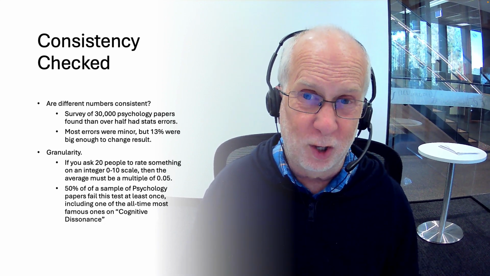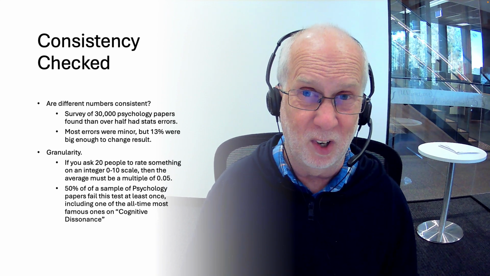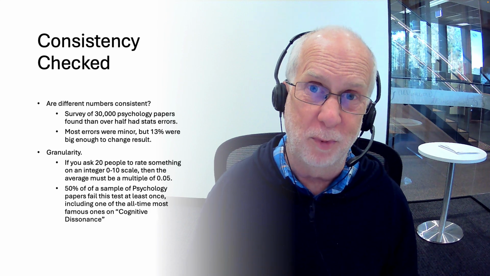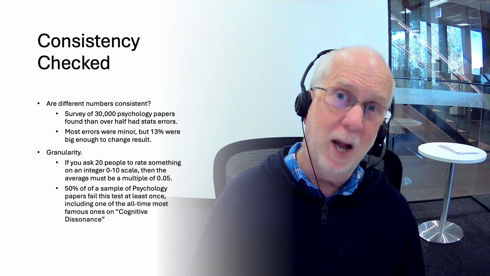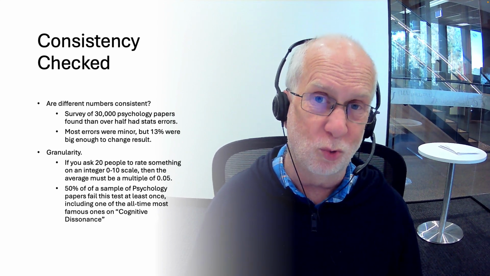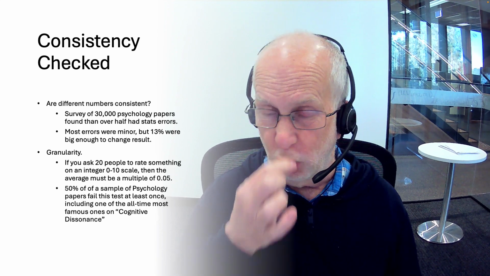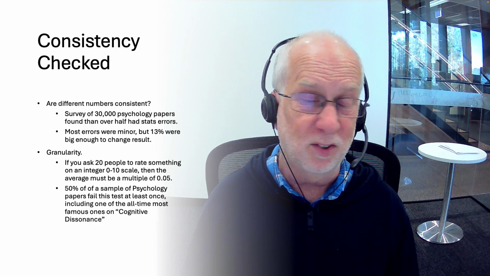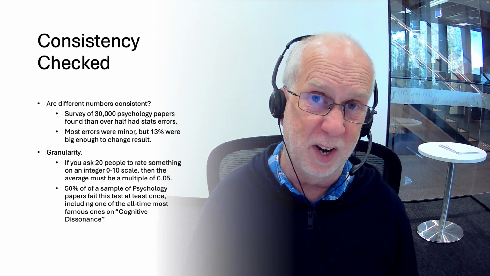Again, a whole bunch of psychology papers were put through this analysis, and it was discovered that 50% of them fail this test at least once, that there's some average that can't possibly have been obtained from the actual data. And it could be fraud, but it's probably more likely just a simple stuff up. They did something wrong in their computer code or their spreadsheet, or just added up numbers wrongly. This actually included the original paper on cognitive dissonance, which is one of the most influential papers of all time. That turns out to have these sort of errors. There's something wrong with the data, though, as it was taken back decades ago. It's very hard to find out what it was now.